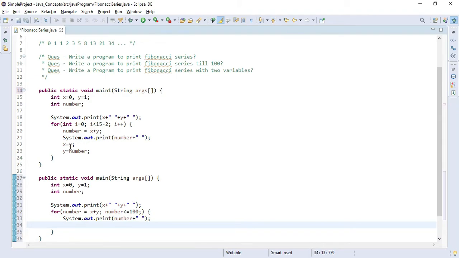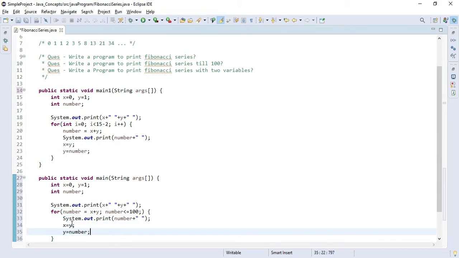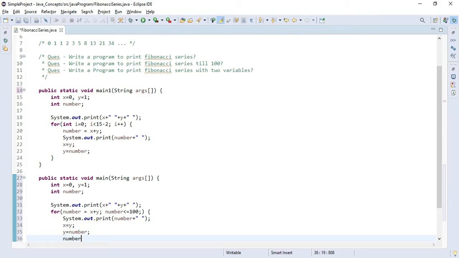As we have taken care of the last two values in the earlier program, in the same way we will maintain that logic, and the number will be x plus y.